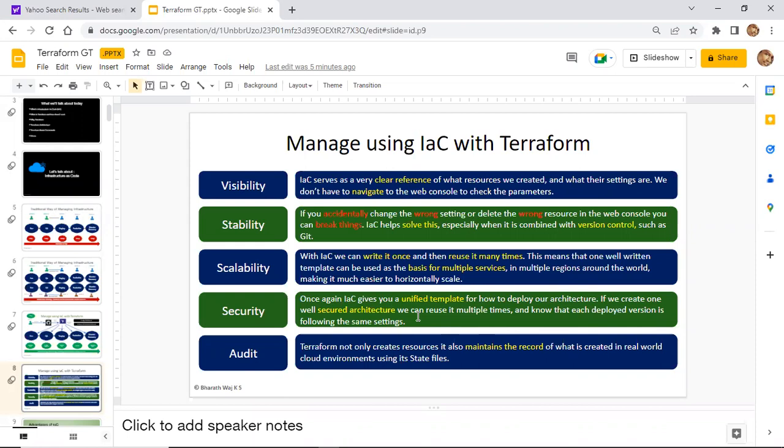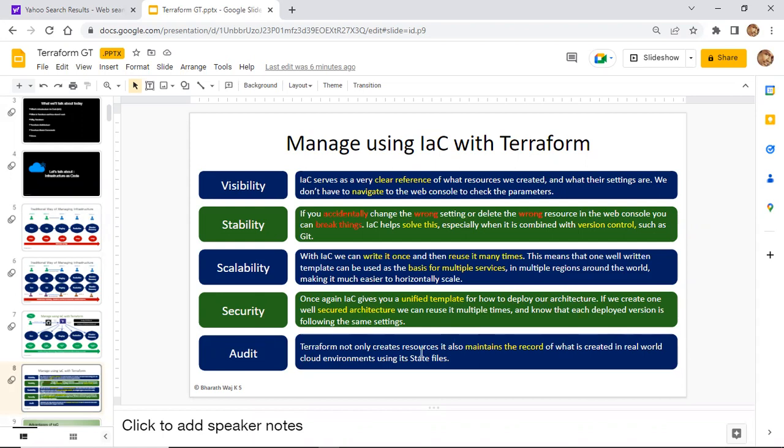If some issue is happening with the template, we'll change the template, and the changes will be implemented across all the environments. So we are maintaining uniformity across all the environments, which helps us maintain better infrastructure over our environment, right?